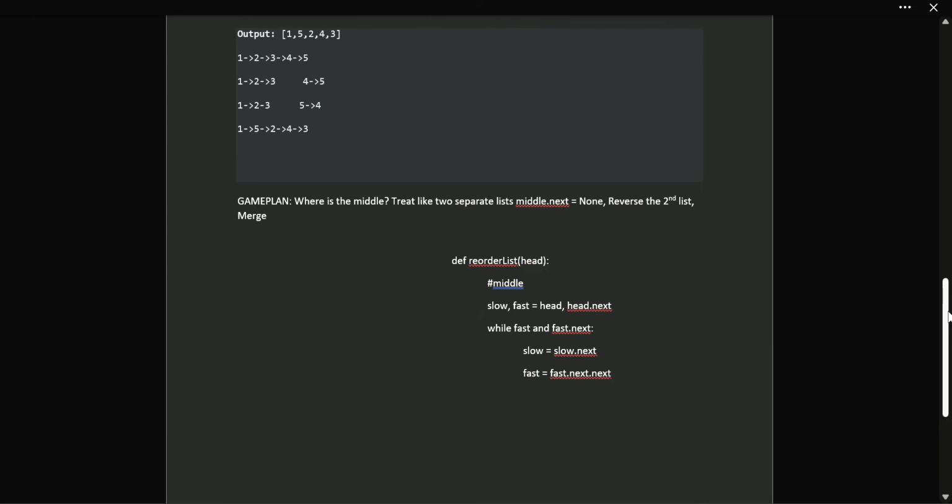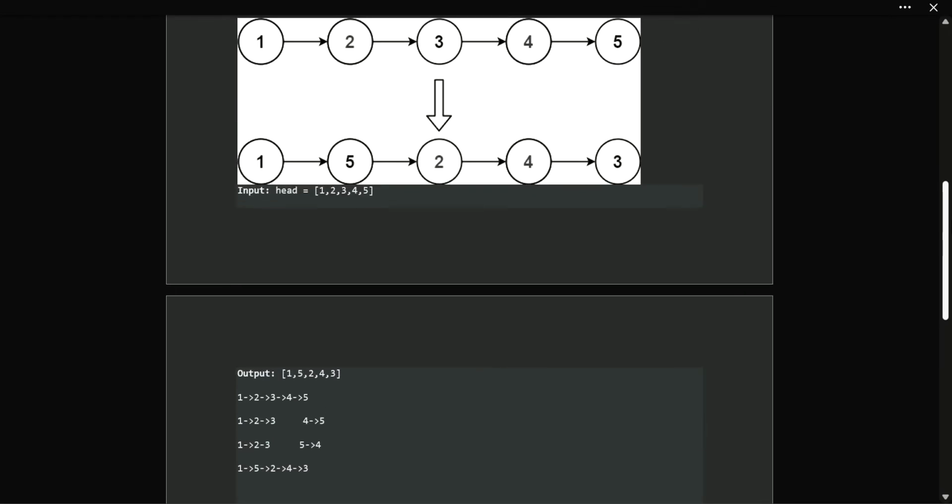Well, one thing to keep in mind before you change a dot next or overwrite something on one of these linked lists, in these problems, it's normally a pretty good idea to go ahead and copy it because you're probably going to utilize it. So we're going to say second, as in second list, equals slow.next, because slow.next, so that 3.next will get us